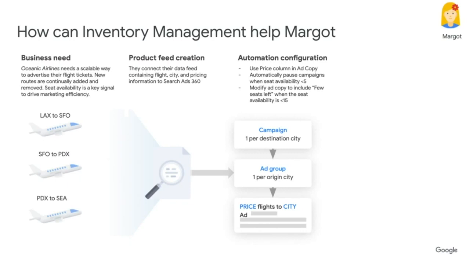Once she has that set up, she moves into her ad piece where she can set up ads to be customized with the price column so that users can see maybe the lowest price for these flights to a specific destination. And so that way the price information can always be updated, and a destination that becomes no longer available, maybe because seats are unavailable, that route can be paused until they become back into the area